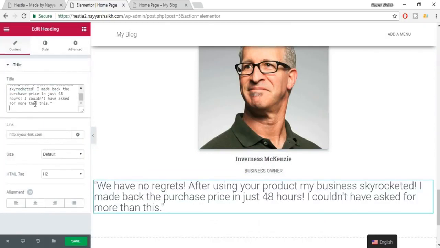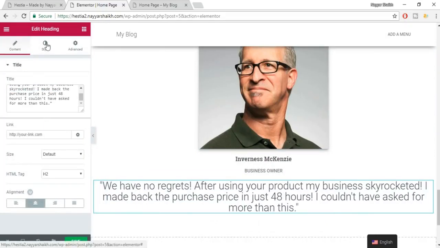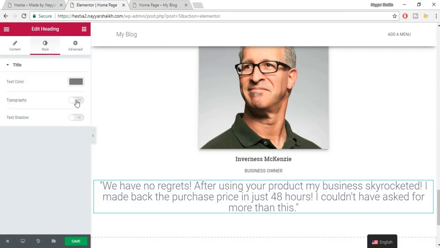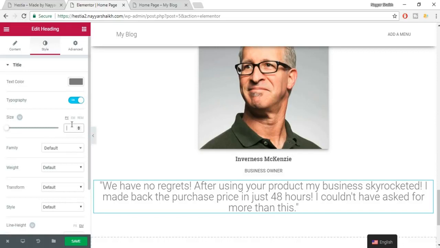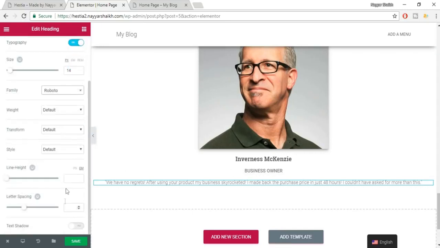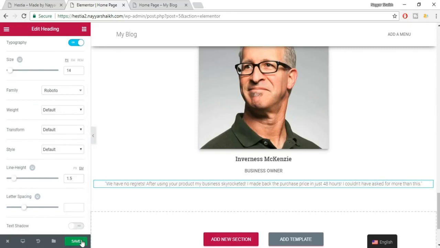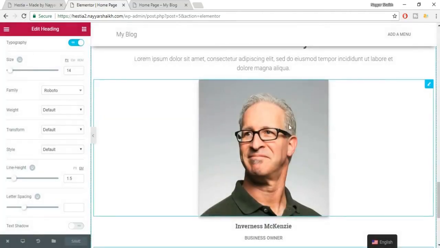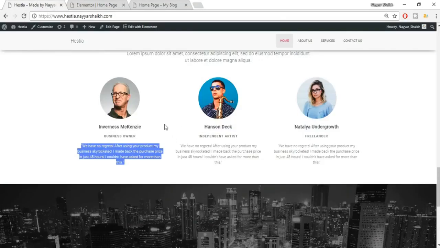Now paste in your text, center align, style lighter gray color, typography 14, font family will be Roboto like always. Okay, now let's increase the line height to 1.5. Okay, now click on save changes. Now I know what you'll say, this looks terrific, and yes, it does look terrific because we'll need to add